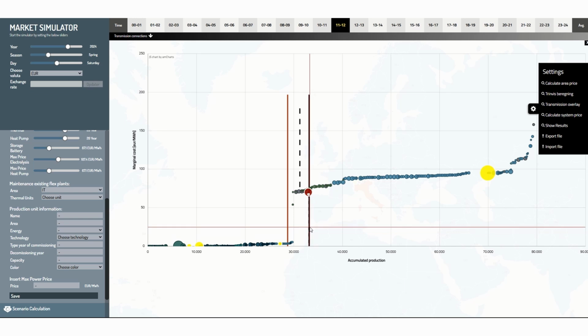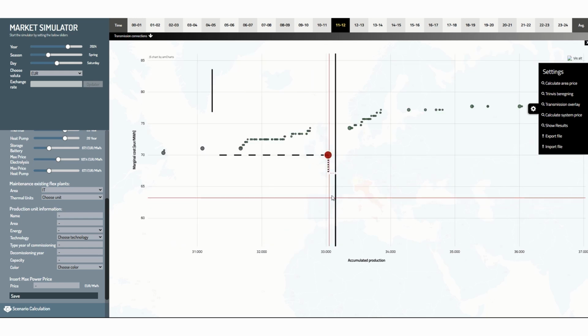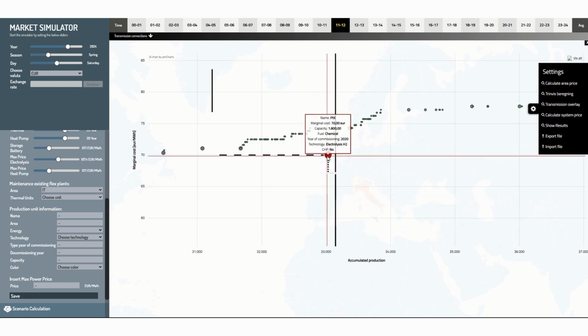This here is the demand. Italy is, in fact, importing power. And if you look here, then you can see that this unit here is in fact operating, because the price is so low in Italy that we are of course